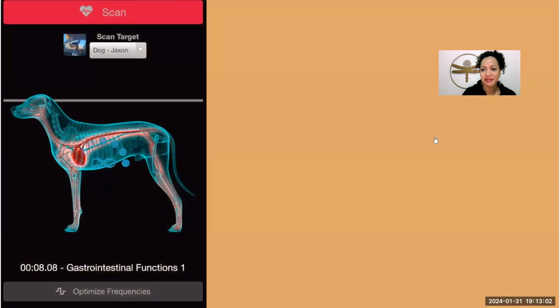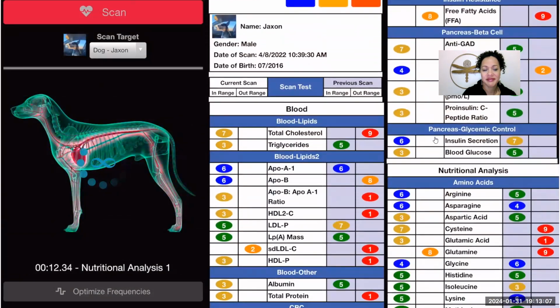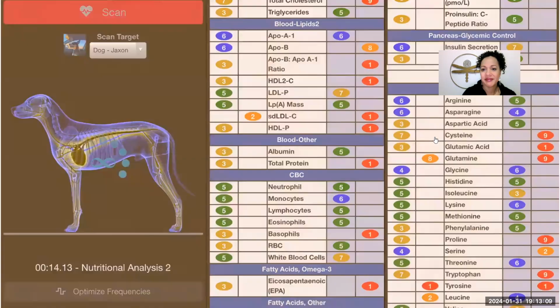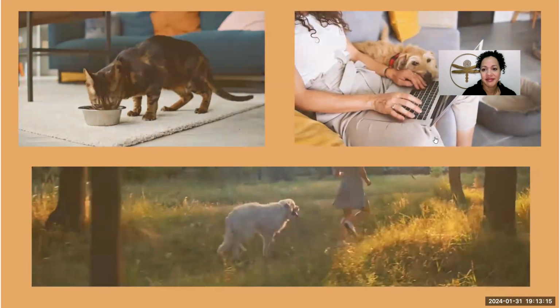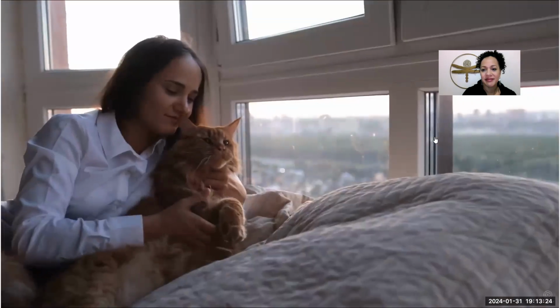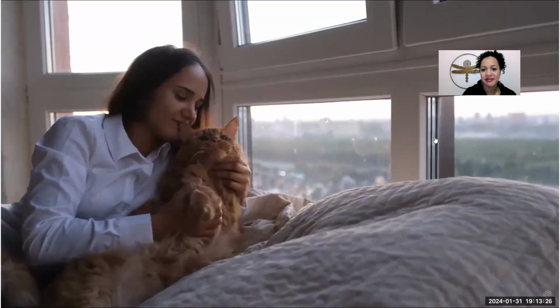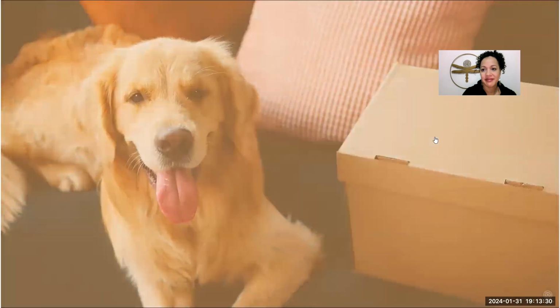After a few scans, you will be able to compare the data from your pet's report and begin to identify trends in those reports to determine changes needed in your pet's food, environment, and general lifestyle. You will also be able to see any big problems in your pet's scans that warrant a trip to the vet. AO Pet Scan provides peace of mind for you, the pet owner, and optimized health for your furry best friend. Try it today and give your pet the gift of a long and healthy life.